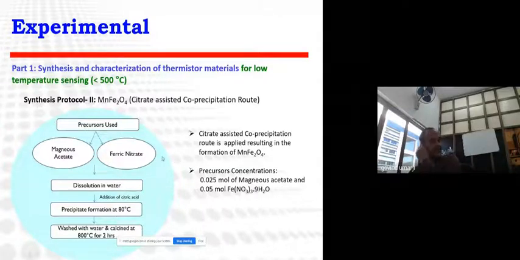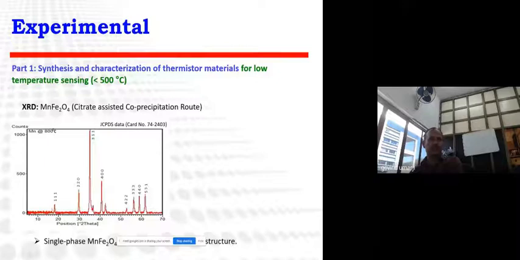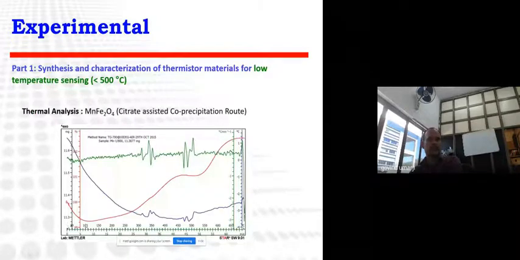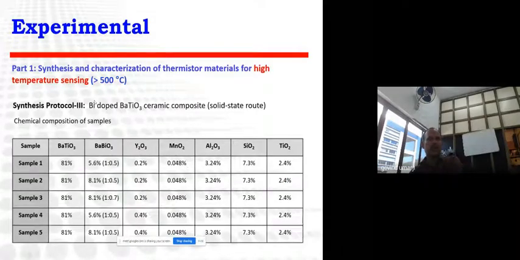In that case we took manganese acetate as a source for manganese, and ferric nitrate, and we followed a citrate acetate co-precipitation technique. We confirmed that we got the cubic structure, and we confirmed with the JCPDS data. In this case, we got a much more stable material. It gets oxidized, and then after that, for a high temperature sensor application, we